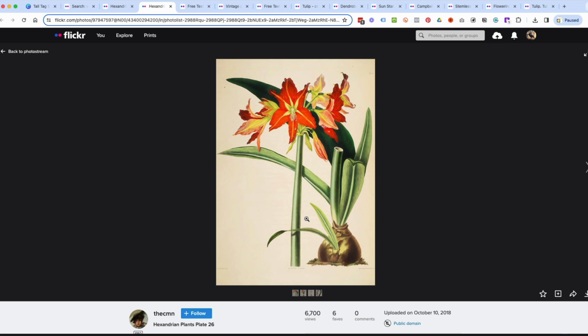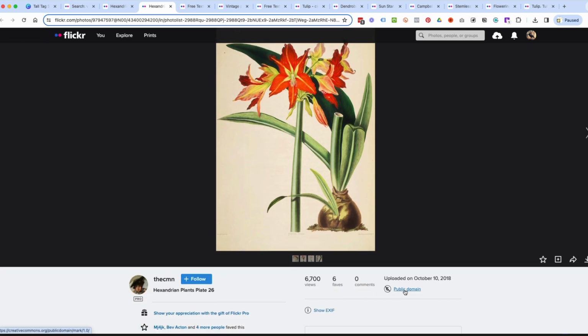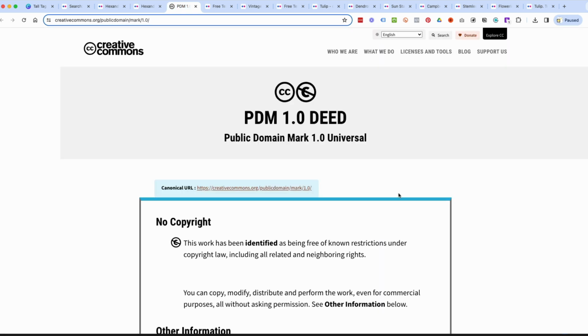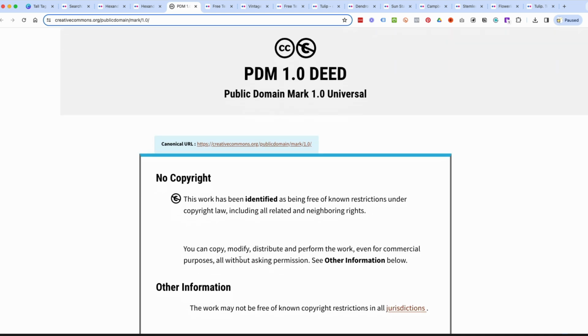You see, we have the plate here. It gives you a much bigger image. And if we scroll down a little, we can see the copyright or the licensing information here, which says public domain. I'm just going to click on public domain just so we can see what it tells us. So it's this C with the line through it, or sometimes it's displayed like this. And it tells you